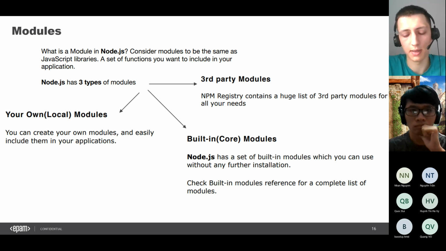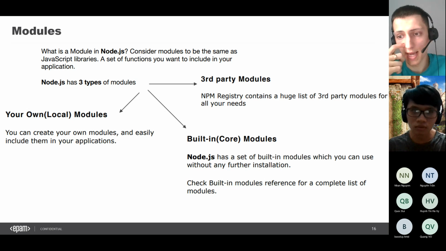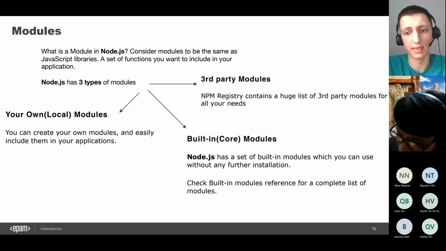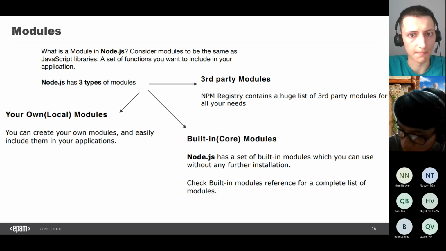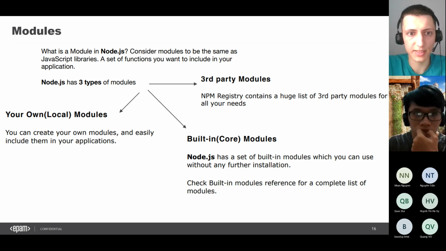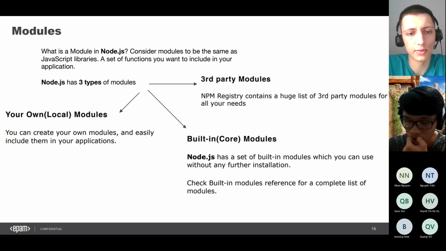When you want to do something, you just need to think that maybe someone already implemented it. That's about third-party modules.